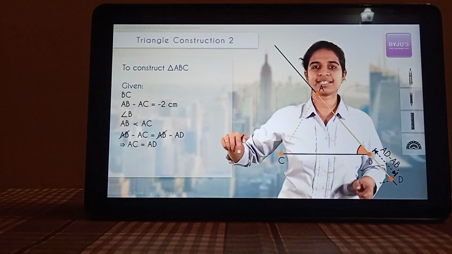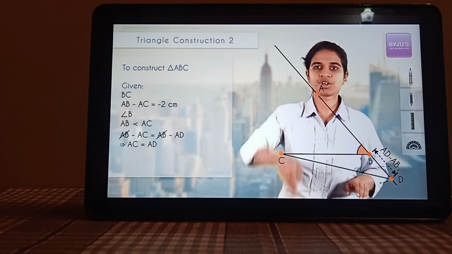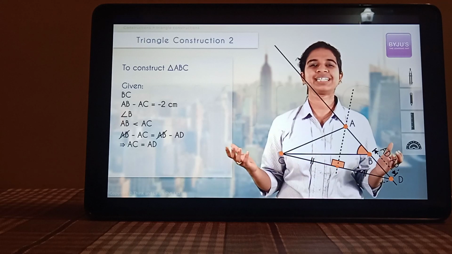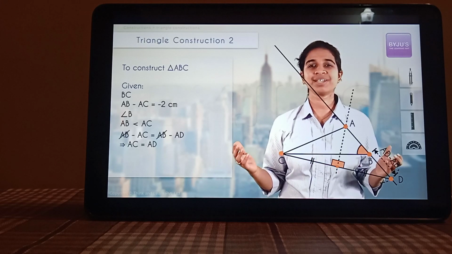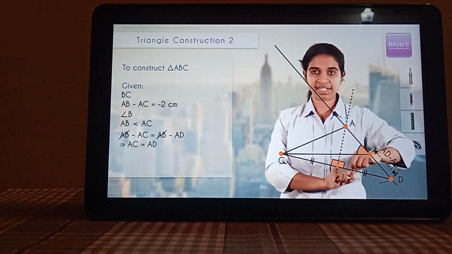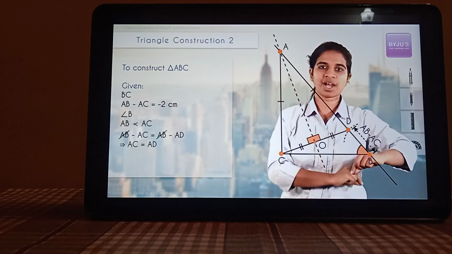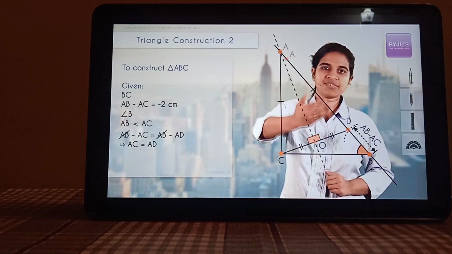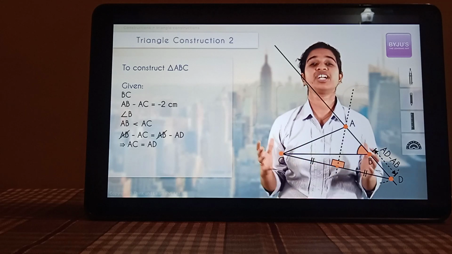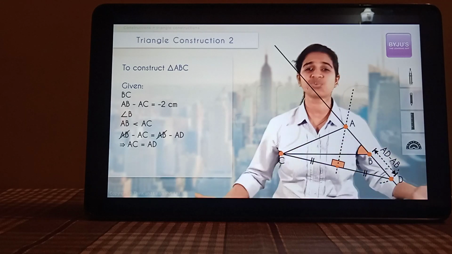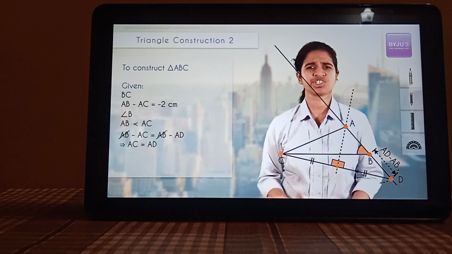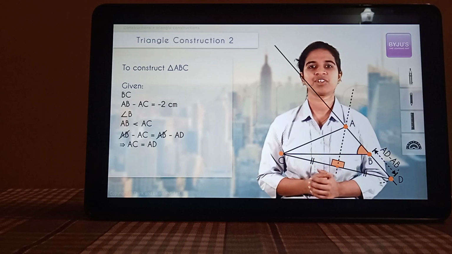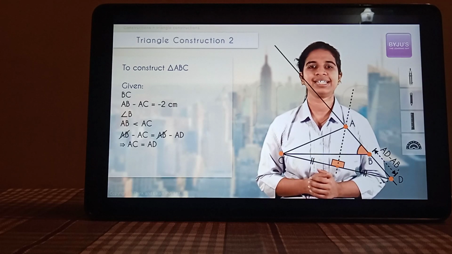How will you get AD and AC as equal? Join CD, draw the perpendicular bisector. Wherever it cuts this ray is point A. Procedure remains exactly the same. The difference is literally this. Instead of having BD on top, you have it below. If AB is greater than AC, you will have this figure like this, BD on top. If it's less, you'll have it below. It's not a different construction. It's not really case 1 and case 2 as two entirely different constructions. The only difference is in one case BD is positive, in the other case BD is negative. The rest of the process remains exactly the same.